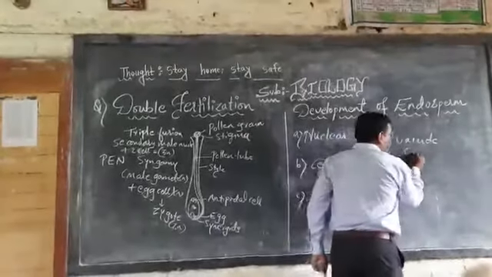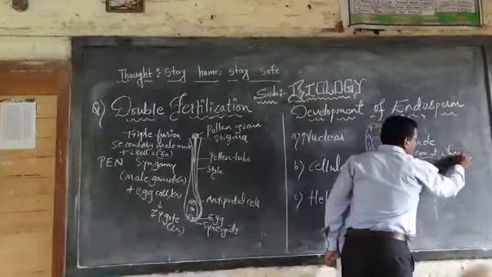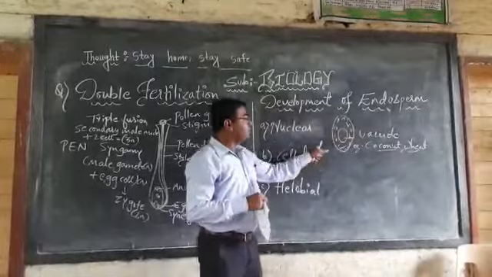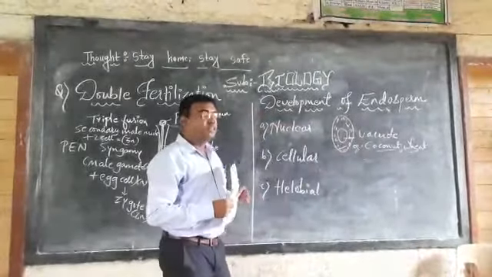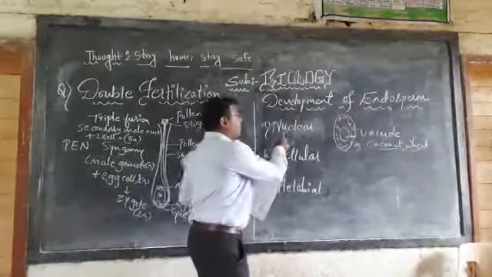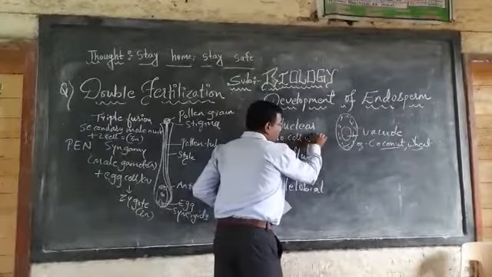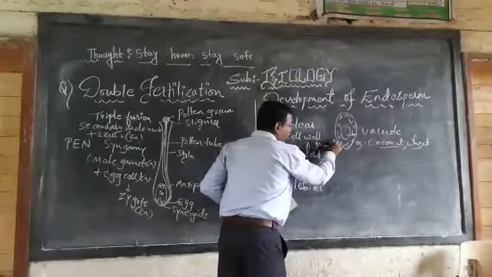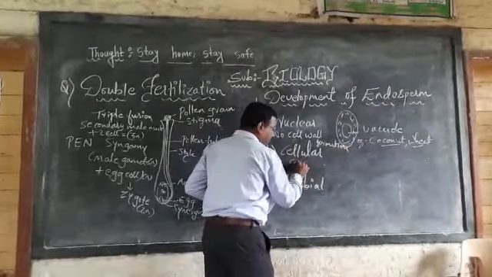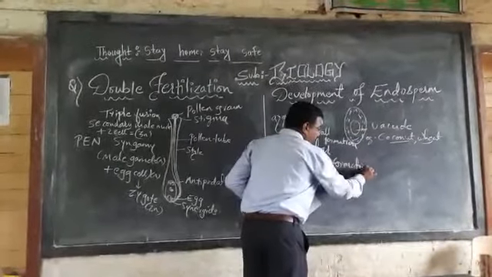It is generally found in coconut and wheat. These are the good examples which you have to mention in the exam, that coconut and wheat produce such kind of endospermic tissue which is edible. You know that. The second structure is the cellular structure. In nuclear, one thing you have to remember, there is no cell wall formation. But when we consider the cellular type, cell wall formation appears.